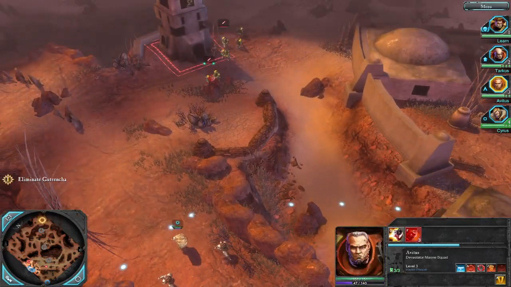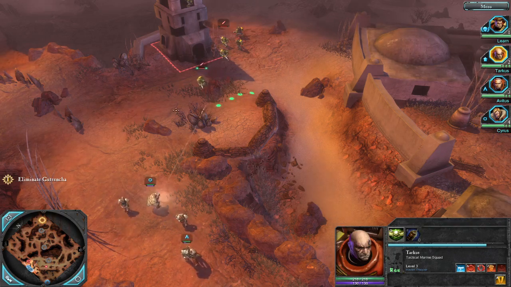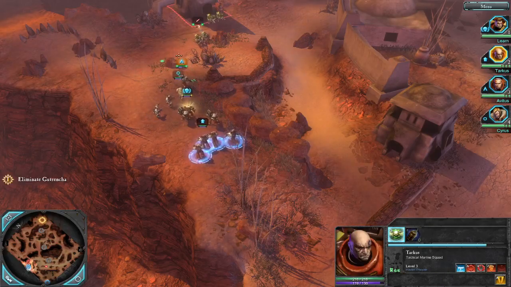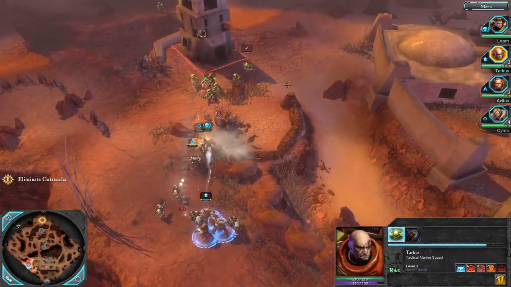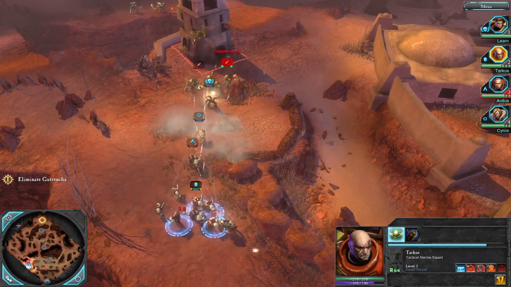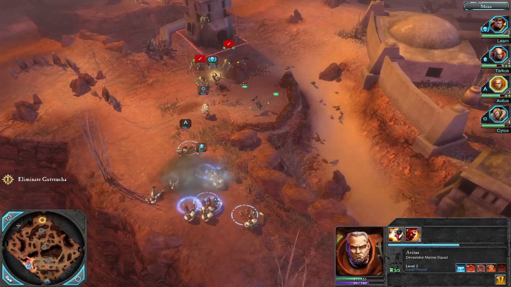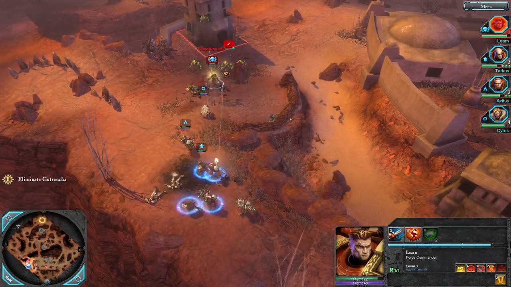This is Avitus. Put a grenade on that target. The enemy has claimed one of